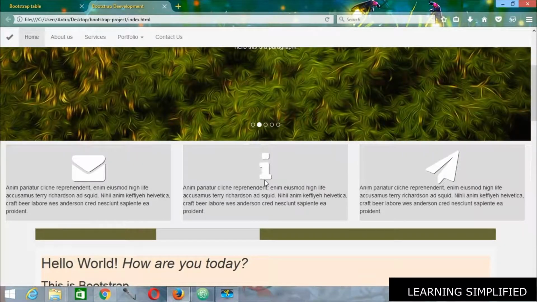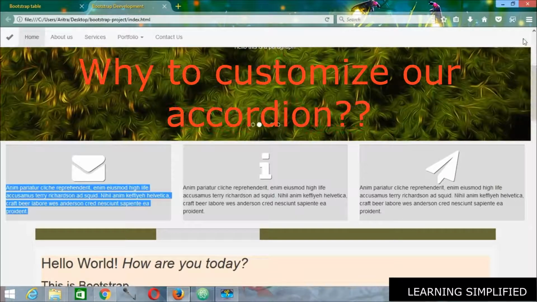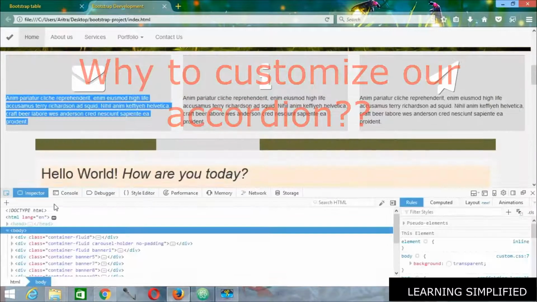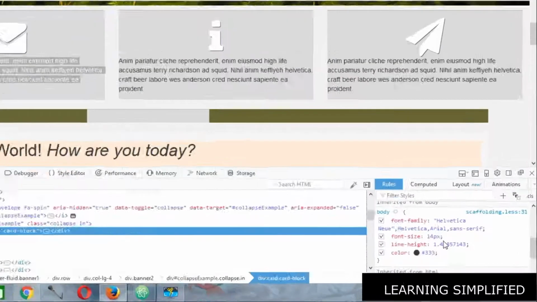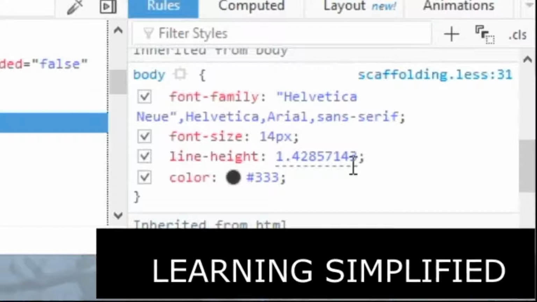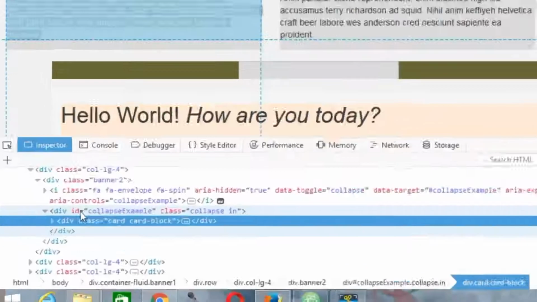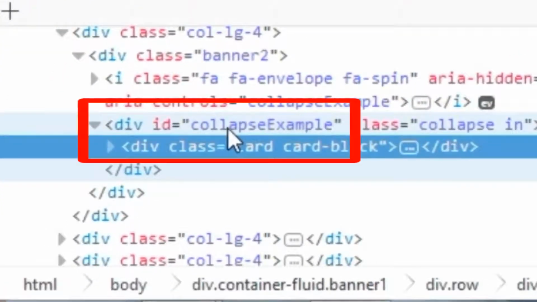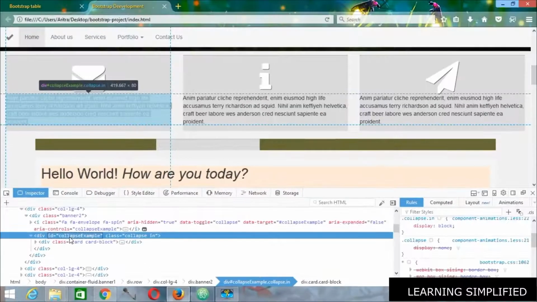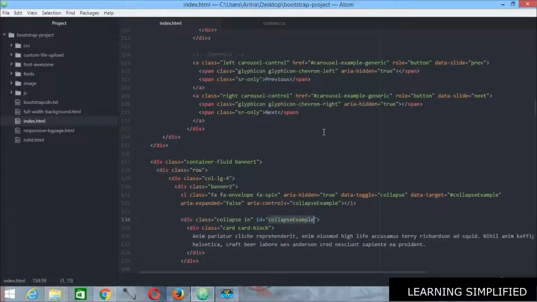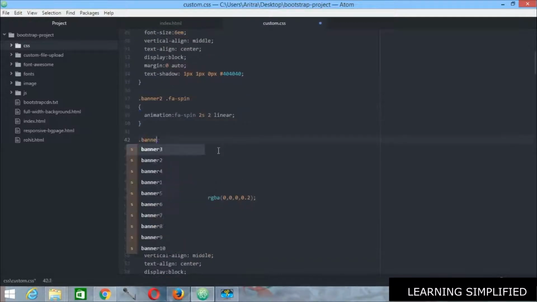Now the question is again the silly old customization. Without customization, nothing will come true. Now if we press F12 and select the arrow selector and select this particular block, we can see the attributes and properties, and they are fetching their properties from the body part. These are the IDs over there. As I have told you previously, ID is the fastest selector. So the first thing we are going to do is copy this ID. Now we are getting back to banner 2, and here